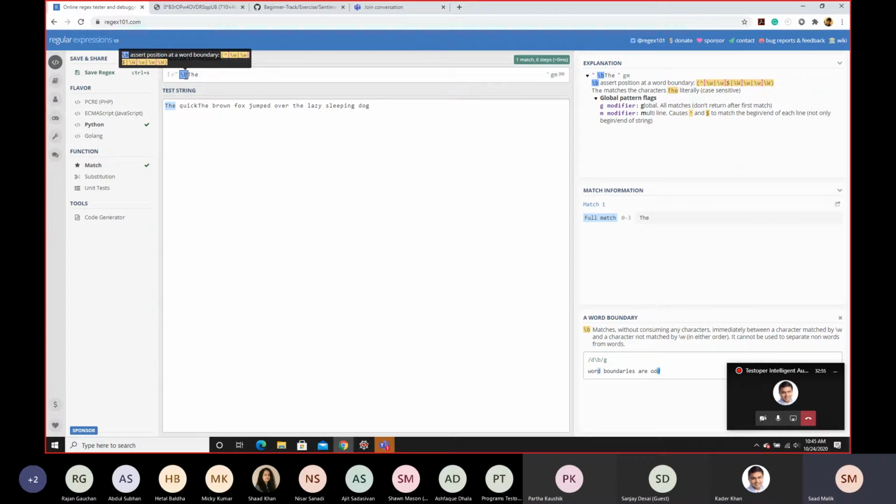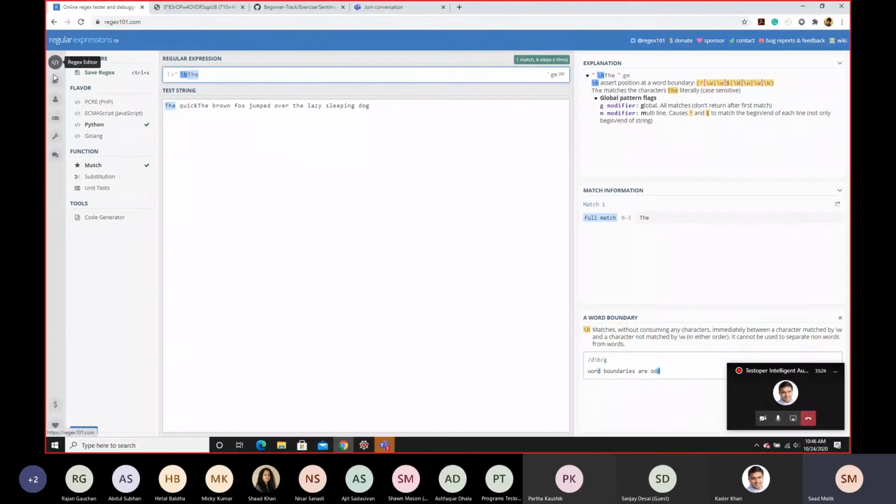So here, when I tell the computer that I'm only looking for the word "the", where before the we have a word boundary, it's only going to detect this one, it's not going to detect this one. So there are a lot of these regular expression commands. You can really have any kind of text over here, and you have some kind of pattern that you want to detect in the text, and you can build those regular expression commands here, or I'm sure there are other IDEs for it as well.